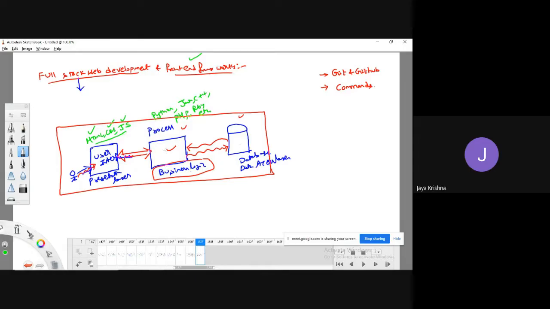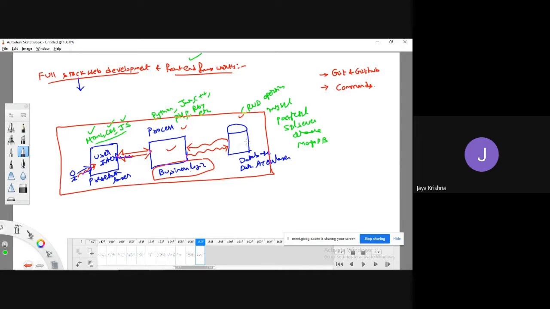And coming to database, which is meant to perform various kinds of CRUD operations like create, read, update, delete. To perform various kinds of CRUD operations, we use the database. We have various kinds of databases again: MySQL, PostgreSQL, SQL Server, Oracle, and the presently famous one, MongoDB. All these come under various kinds of databases.